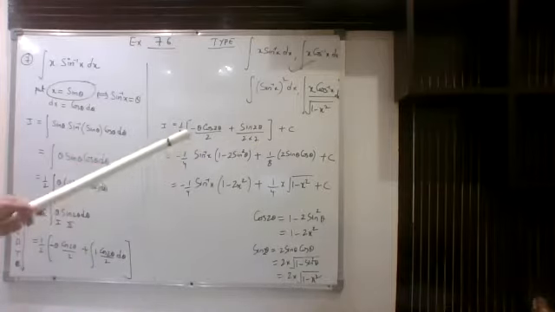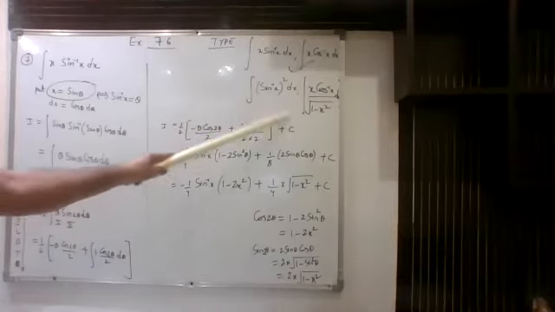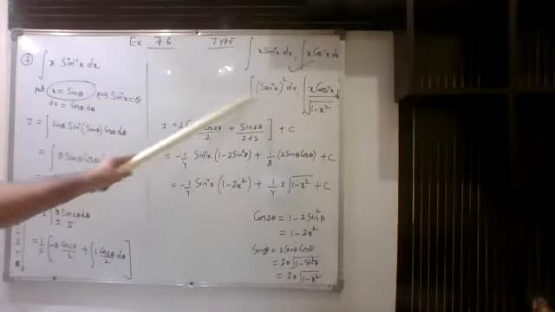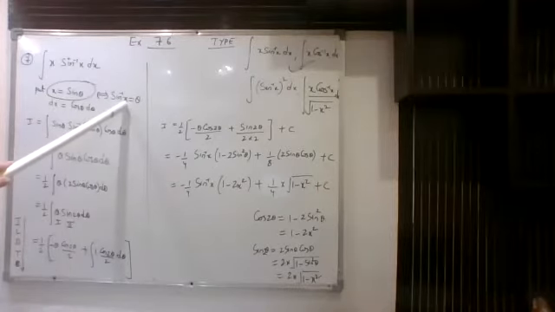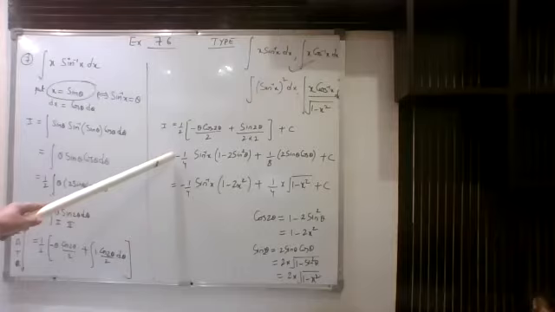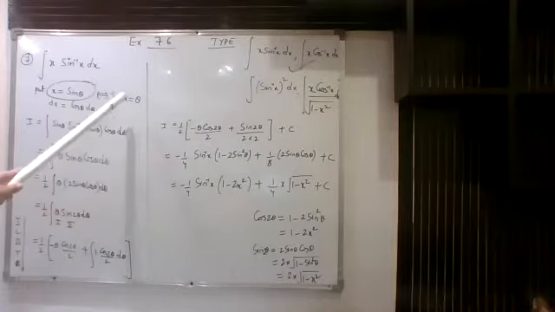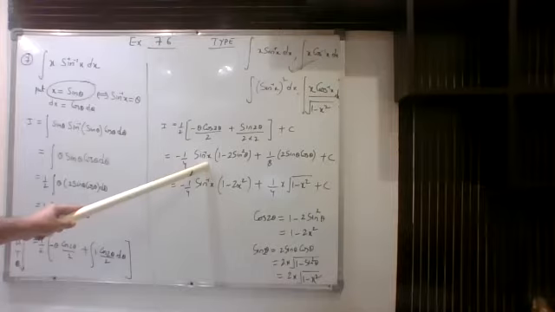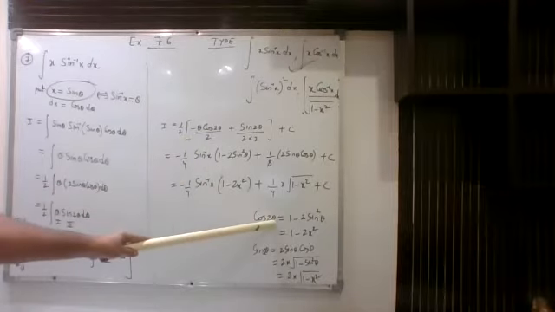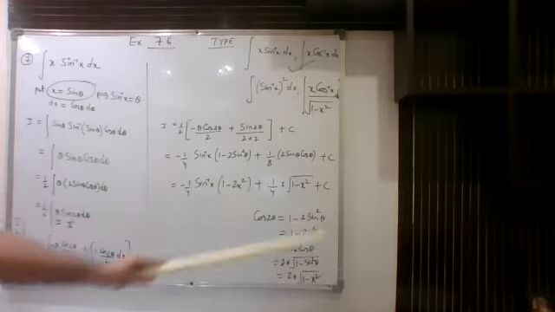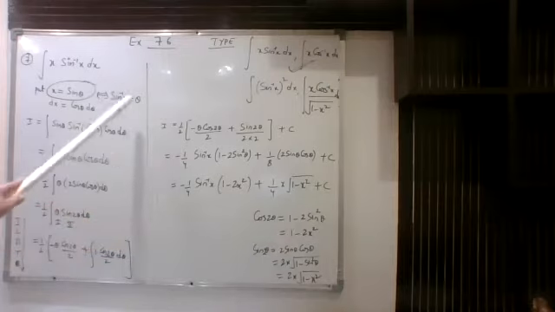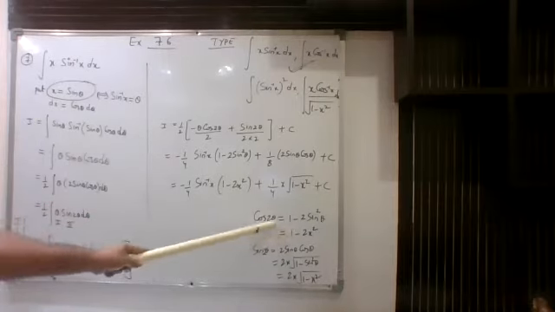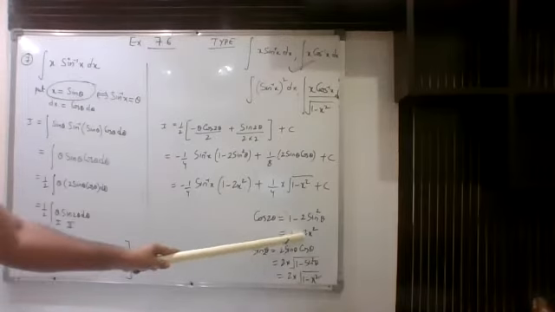Now the important thing is you cannot leave the answer in this form. You have to convert this answer to x form. In order to convert this to x form, I can see this original substitution: x is equal to sine theta. So I can write theta is equal to sine inverse x. Now I had written minus 1 upon 4 cos 2 theta, and theta can be written as sine inverse x. Cos 2 theta in terms of sine was 1 minus 2 sine square theta. So this is how we can write 1 minus 2 x square, because sine theta is simply x. This is how you can convert cos 2 theta in terms of x.